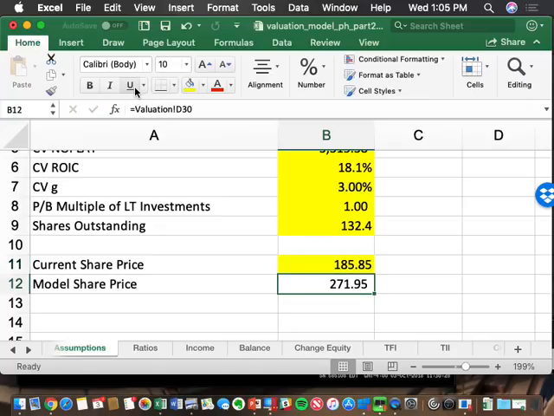All right, so here's the point of the as-is. What we're about to try to do is to get these 2 numbers very close together. I want my model to get within $1 of $185.85. Okay, that's the process that we're about to do. And in order to do that, I'm going to change some assumptions, and then I'm going to change some